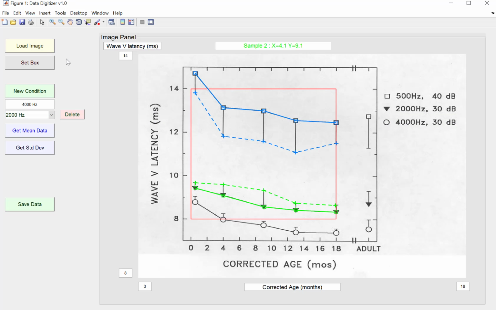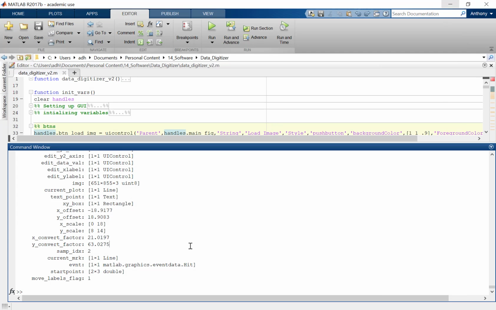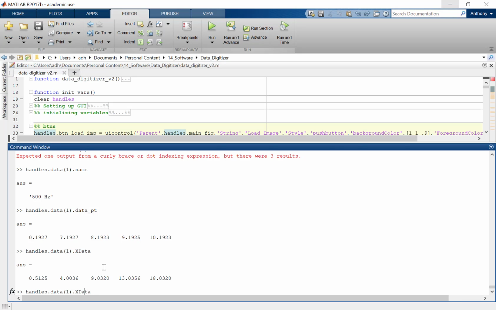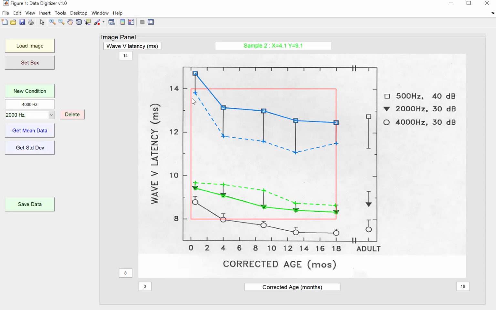Now note, when you load this data back in, you will not be able to go through the functions because it's not associated with a program. But all the data is there and you can re-visualize it. But what you are looking for is this handles data structure. Okay, so now that there are 3 conditions, and it has name, data points, standard deviation points, that's the data along the x-axis, and y data, that's the data along the y-axis. So these are the x points, 0.5, 4, 9, 13, and 18. Okay, so we have labeling here 0.5 months,